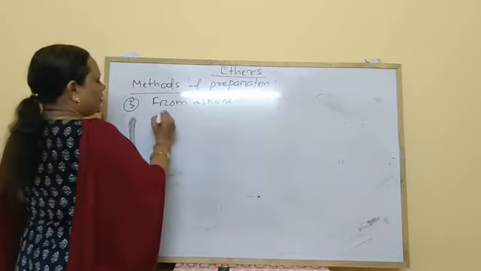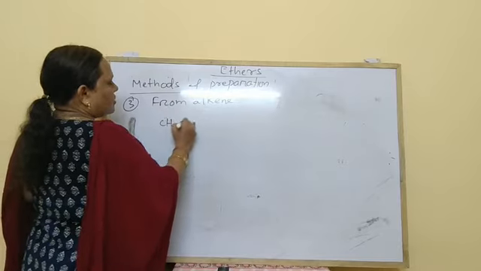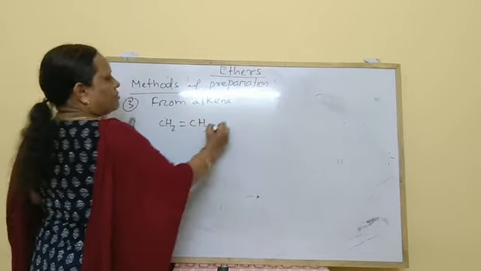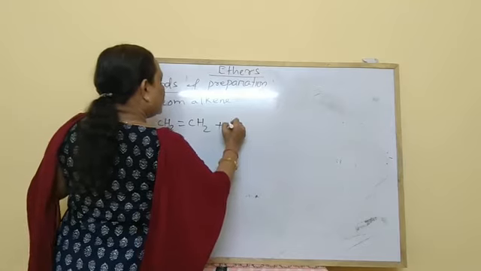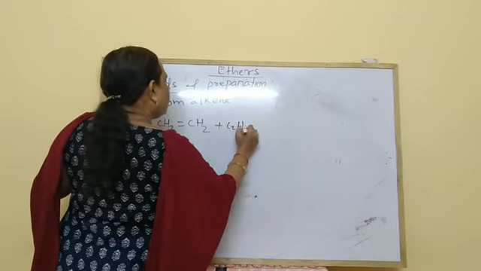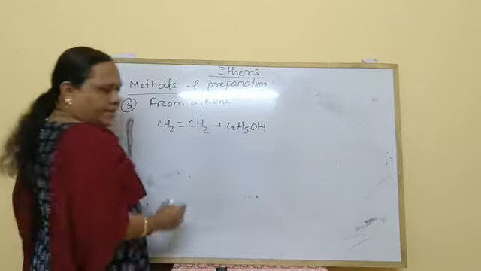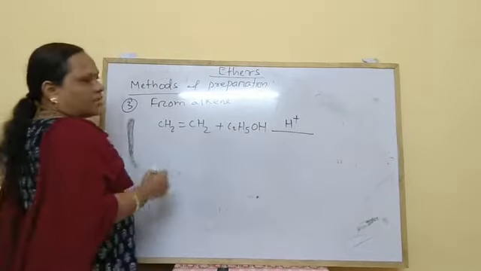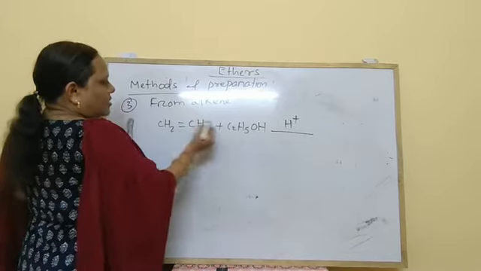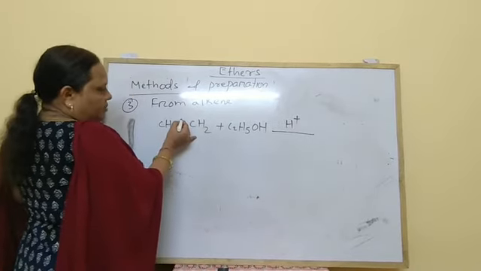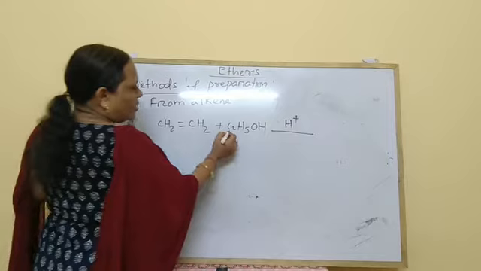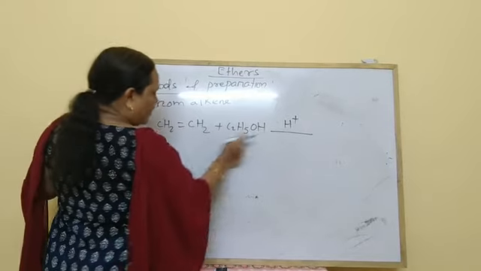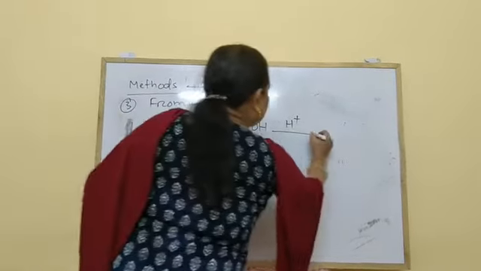For example, ethene plus C2H5OH in presence of mineral acid such as sulfuric acid. Here an addition reaction takes place. This bond breaks down into C2H5O minus and H plus, and